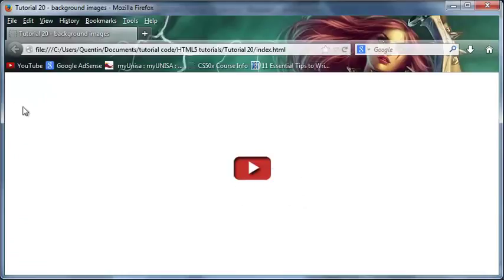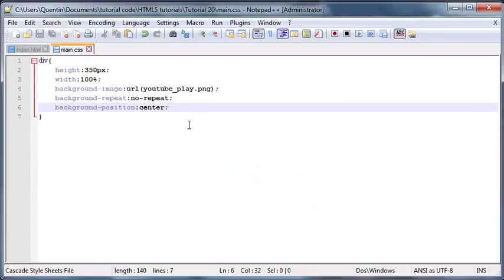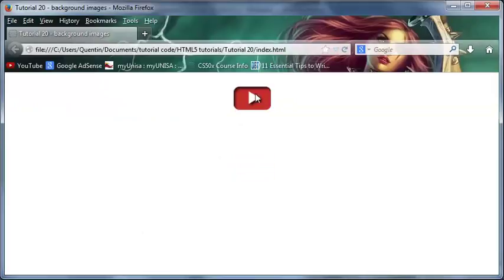So by default it was top left, now it's in the center. We can also set this equal to center top, and that would make it appear in the center at the top. Then we've also got right top. By default it was left top. We've got center, then we've got